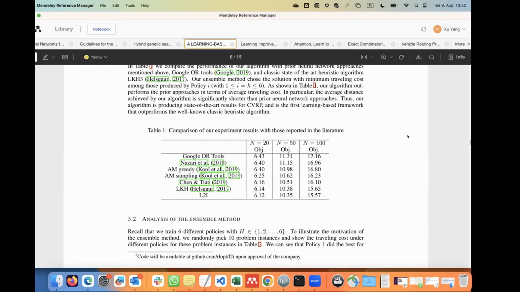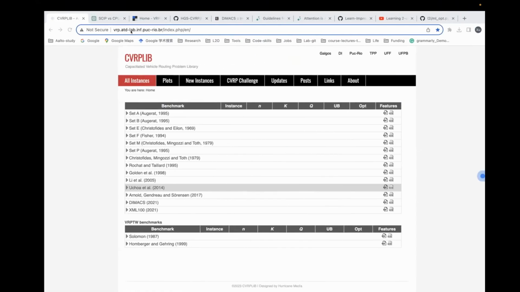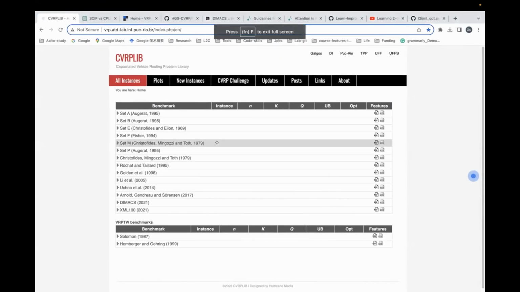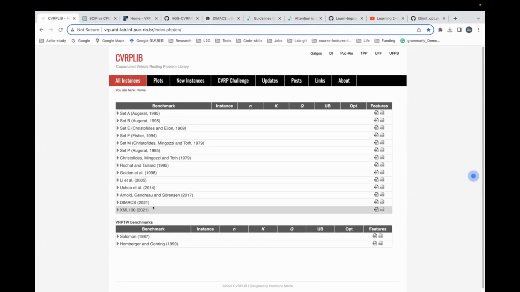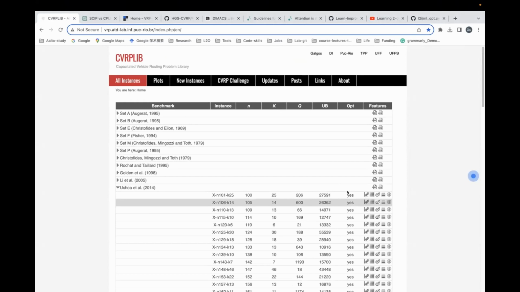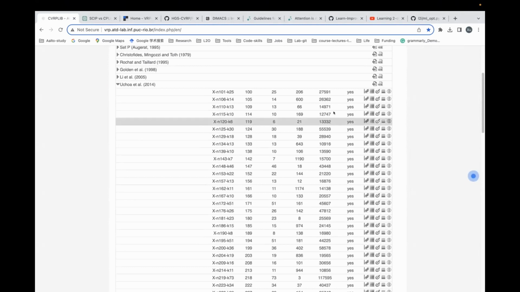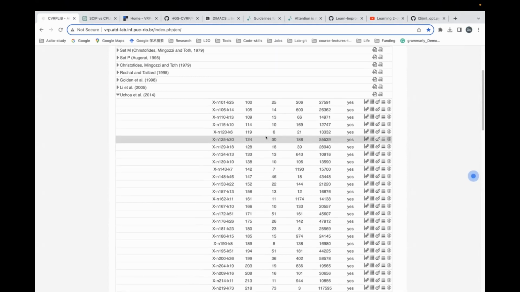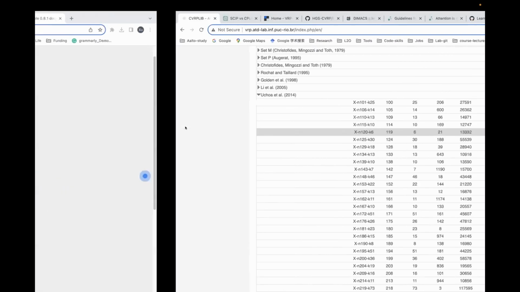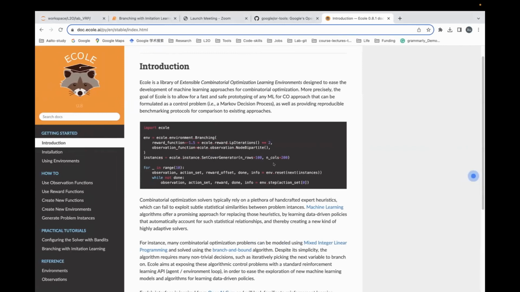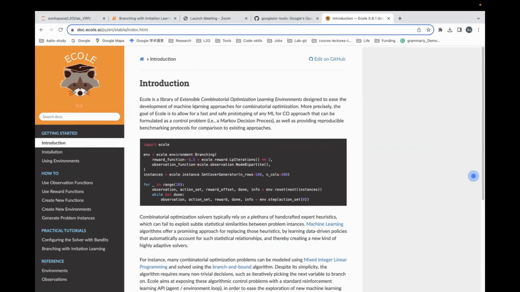Could you give us an idea how these optimization problems are generated? For a benchmark, you don't have to generate it yourself, it's already here. And the training data can be easily generated by a lot of mixed integer solvers, for example SAP, Google OR tools, or even this eco library.